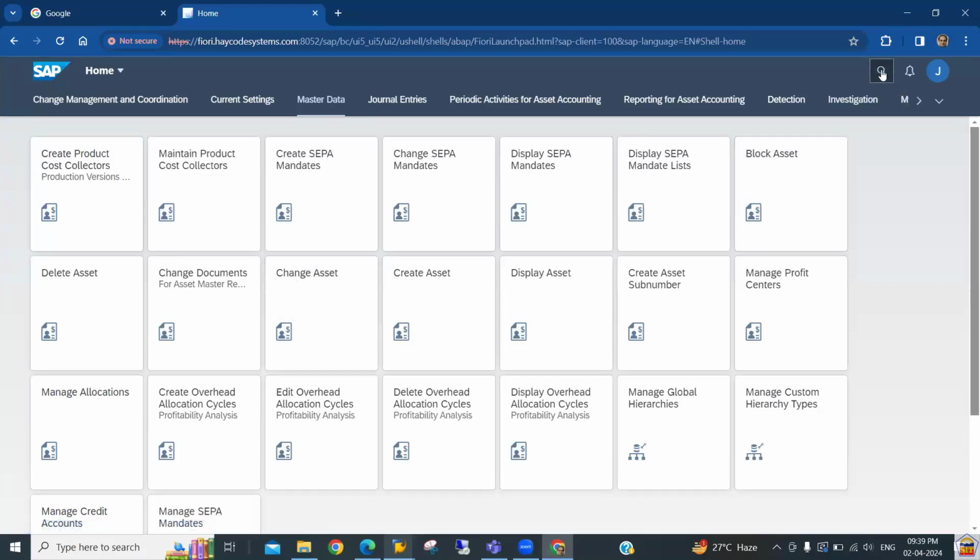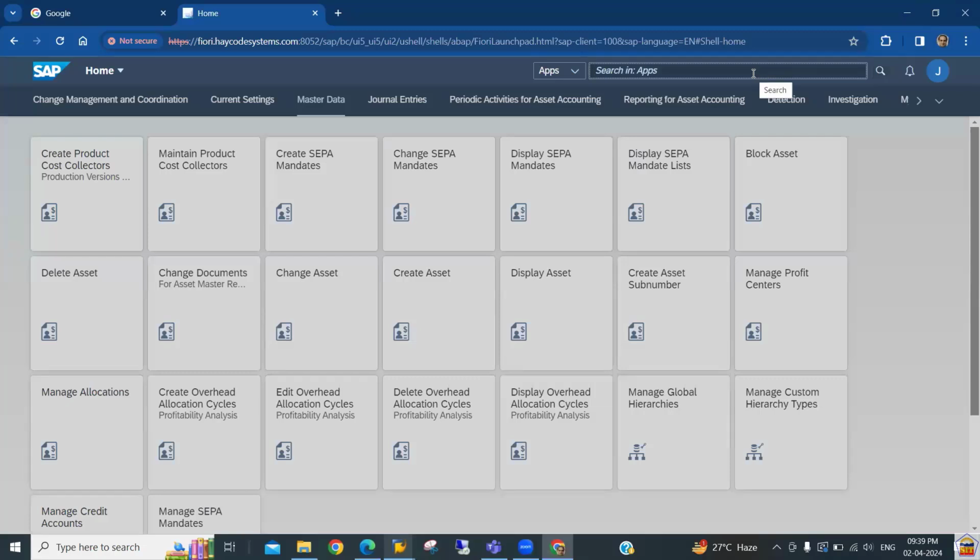So click on this search option. Here we can enter G/L, and system will suggest any particular application we have related to this GL. Then if I want to enter the master data, I can just press space bar and enter the master